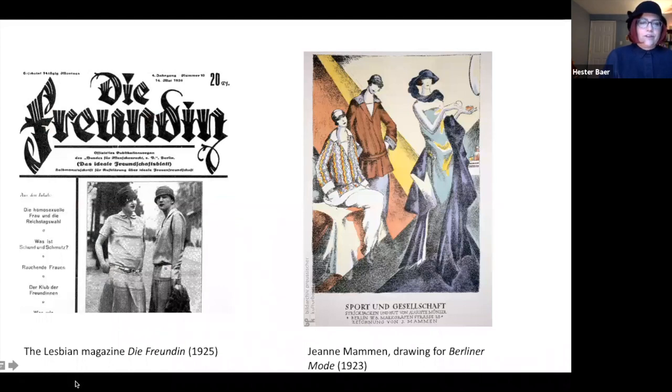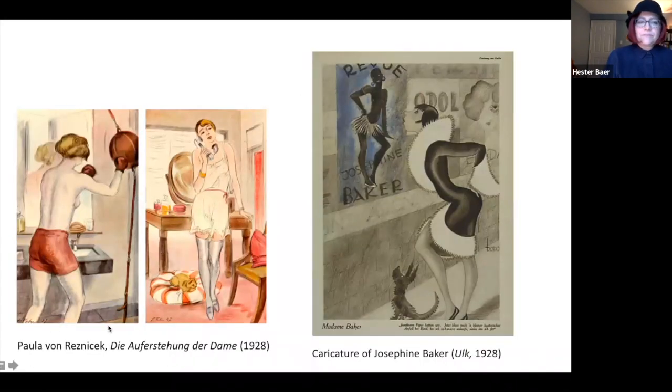Some further images that demonstrate the changing sexual and gender roles of the period from the lesbian magazine Die Freundin, and the artist Jeanne Mammen drawing fashion images that show women really departing from conventions of femininity that had ruled up until that time.